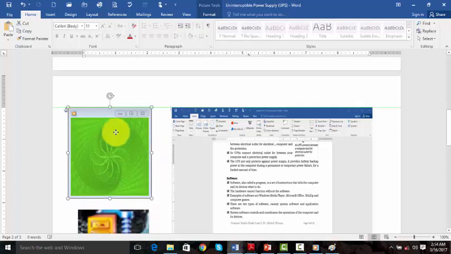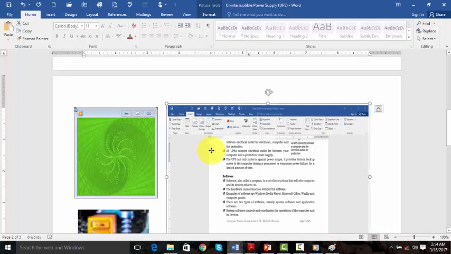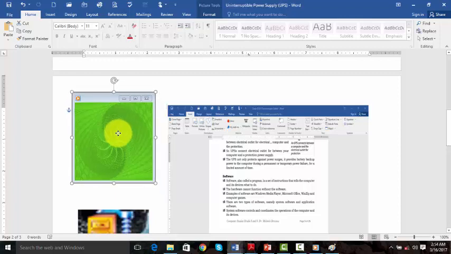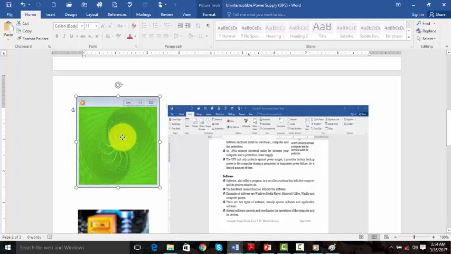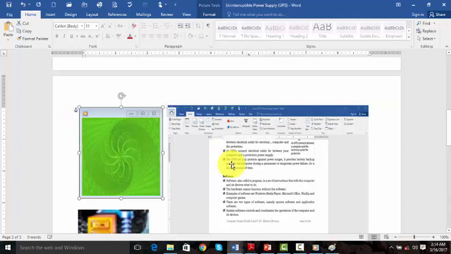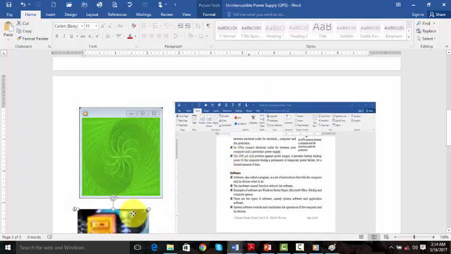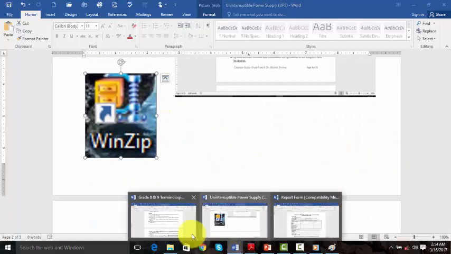Numerous means that there are so many softwares in the world out there, depending on what you want to install on your computer. For example, if you are in the music industry, you look for softwares which can work with you for the music. In case you are in the engineering industry, you look for softwares which can suit your engineering industry. So this is what we call the Windows Media Player. It's a software. Then this is a word processor. It's also a software. This is WinZip, which is also a software. Thank you very much. So now we go ahead.